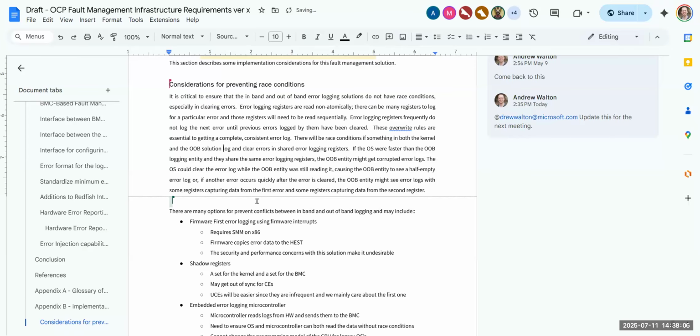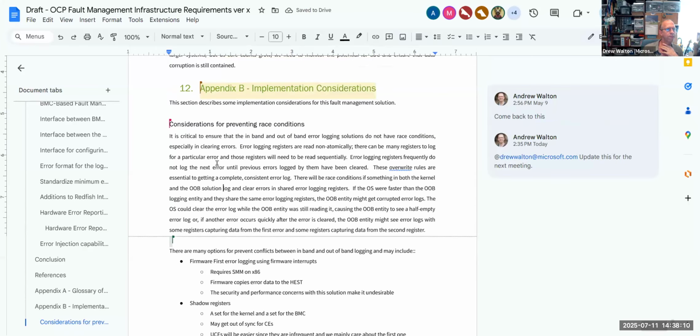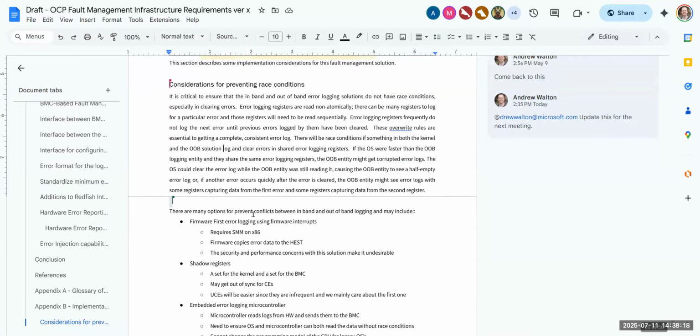Hey Drew, you're looking at the in-band versus out-of-band section, chapter 8, right? Are you in chapter 8 or in appendix B? Appendix B. Oh, sorry, my bad. And Mita, I think this is what you're about to say, but instead of saying kernel or OS, just say in-band management agent or something, right? Yeah.